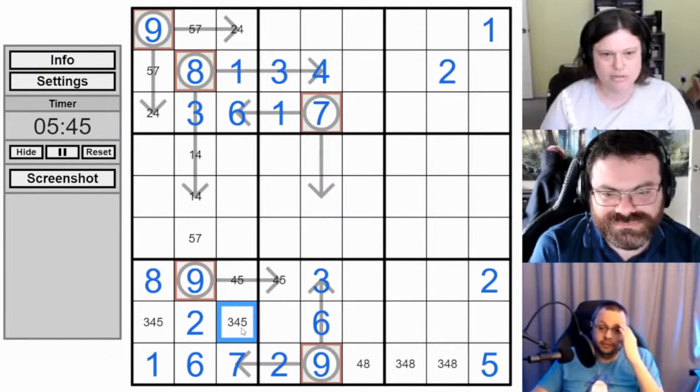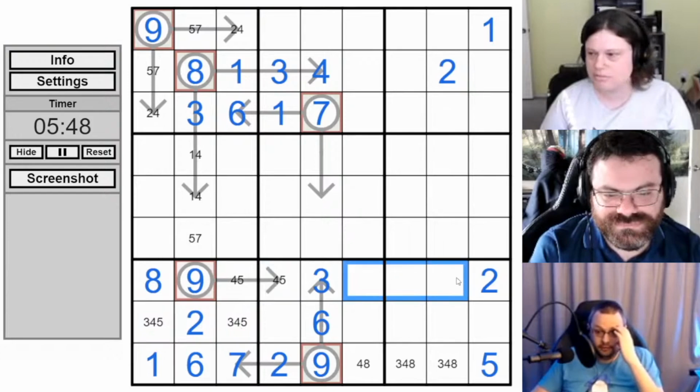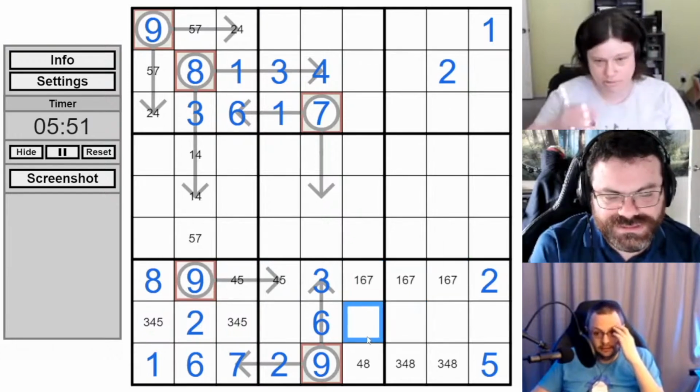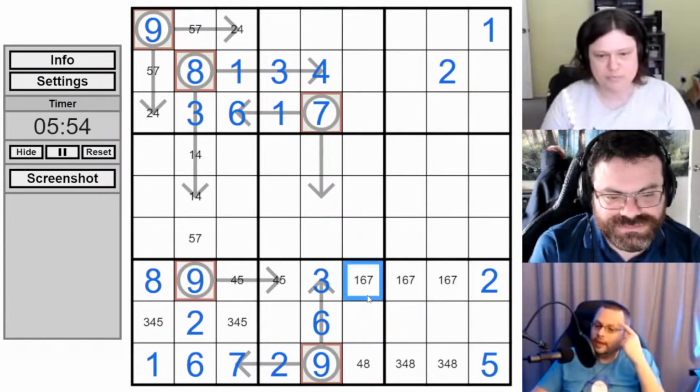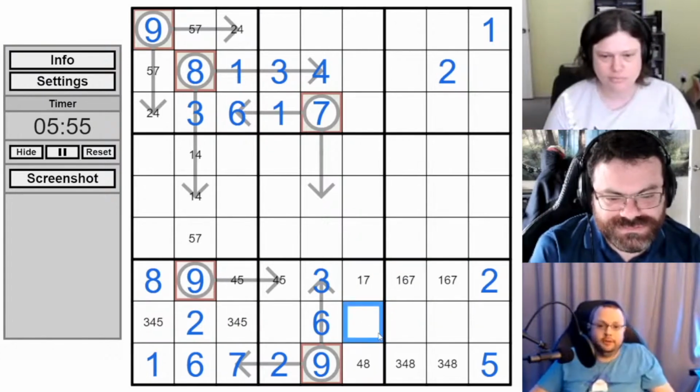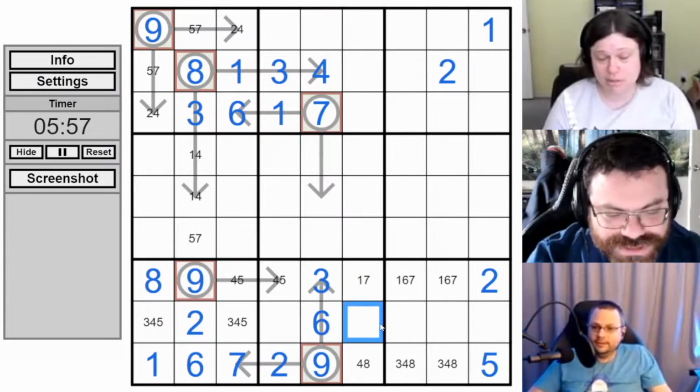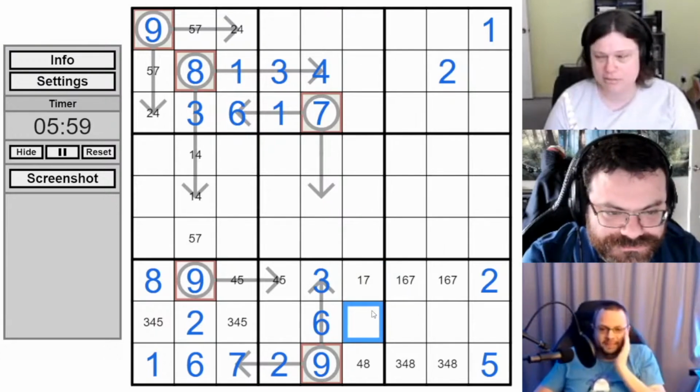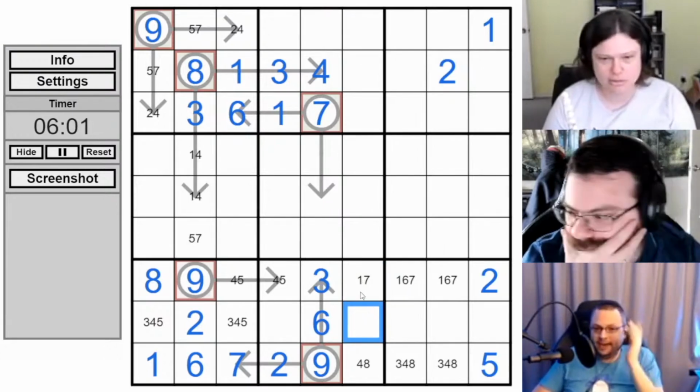So now row 7, we should probably just pencil mark. It's 1, 6, 7, 8. Sorry, 6, 7. I always throw in an extra digit just as a bonus. It's like a baker's dozen, a bonus digit, just in case. Sometimes you don't want to make it obvious, since you might want that 8 later.